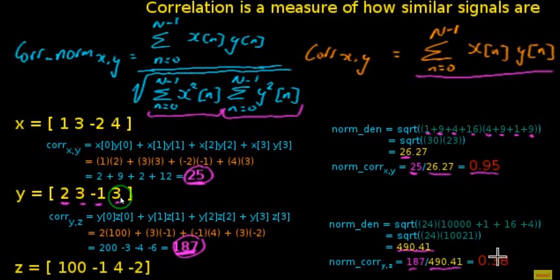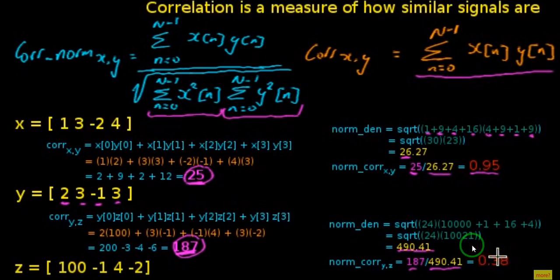So in order to see how similar these two signals are going to be, we had the normalized correlation, and then we reached the number of 0.95, and for these two signals we had the